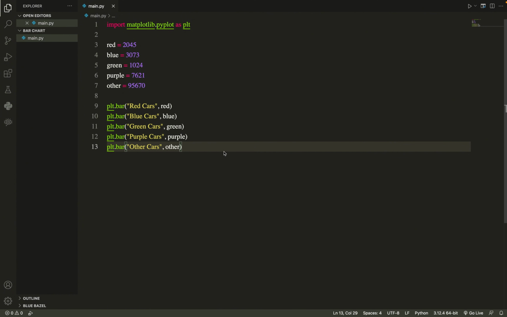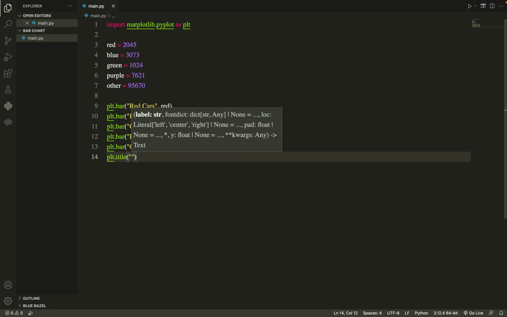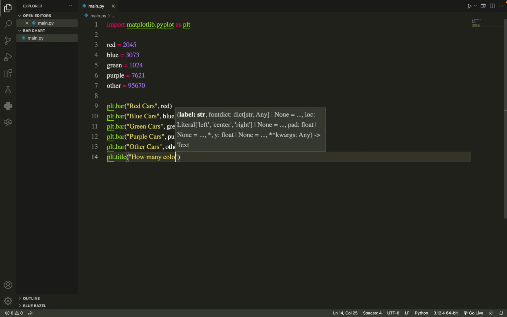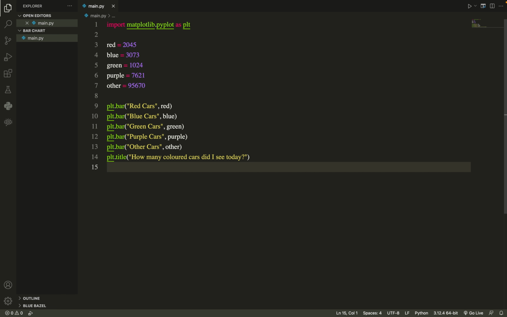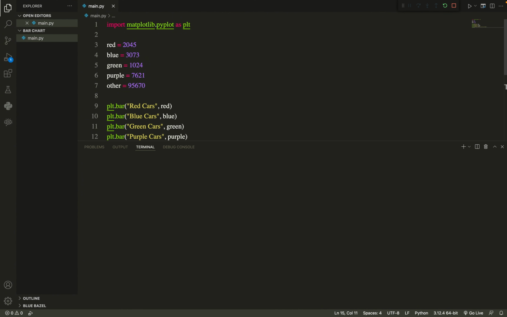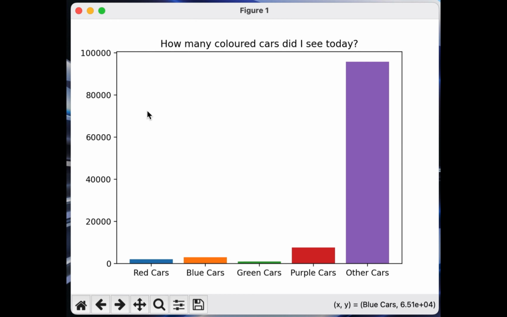Now once you've done that, we want to add a title. So we're going to say plt.title, bracket, and then we're going to write how many colored cars did I see today. And we want to show the graph, so we're going to go plt.show. Now if we run this, it will load the program,